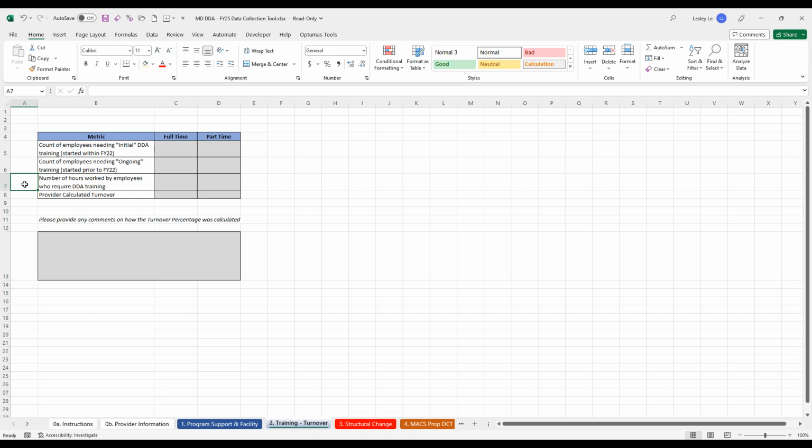That is just taking a 40-hour work week times the number of weeks and accounting for vacation, etc. And so we want to know what the actual total hours paid to employees are for fiscal year 22. We don't need hours spent in training, because we can take the count of employees and calculate that using the new required number of hours. Is that helpful in clarifying your question?